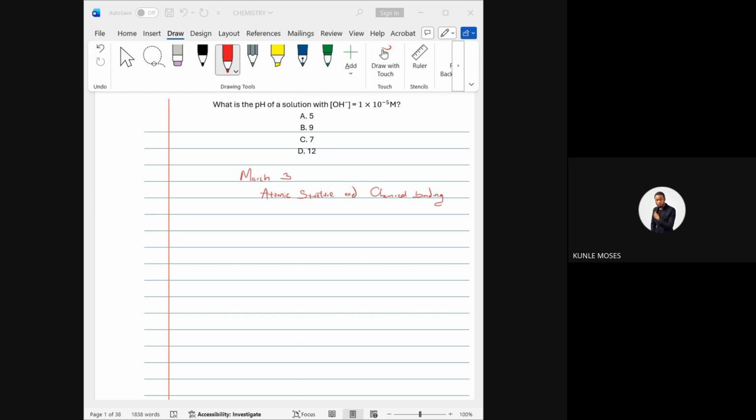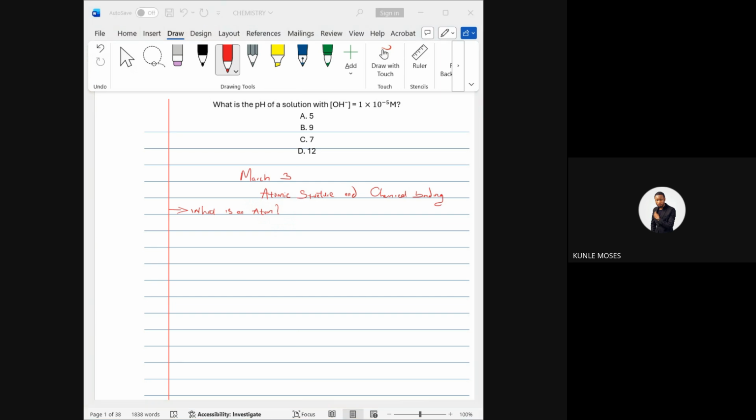So the first thing we need to check is what is an atom? Nobody will ask you what is an atom, but I believe you all know what an atom is. An atom is the smallest particle of an element that takes place in a reaction or that can retain its chemical properties. So you can write down the definition of an atom.